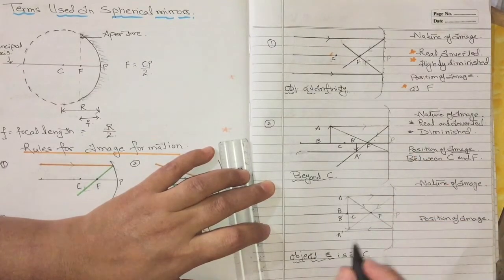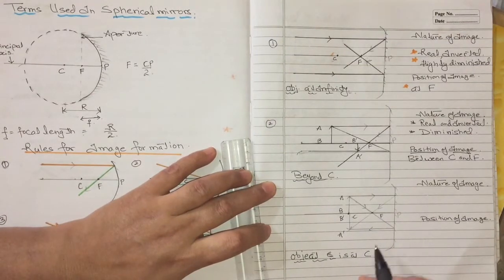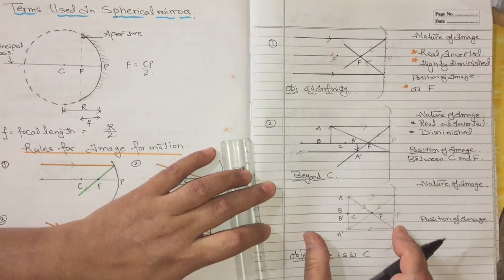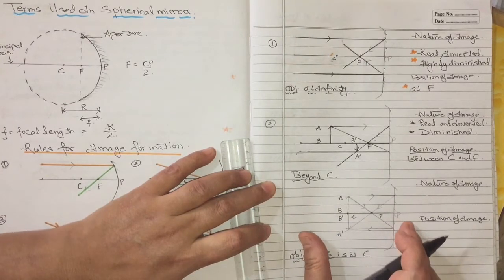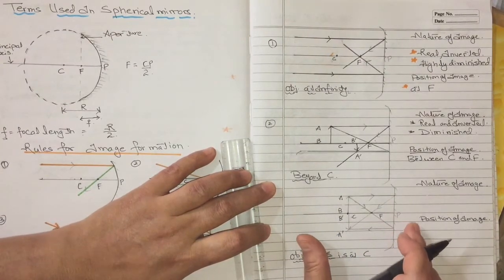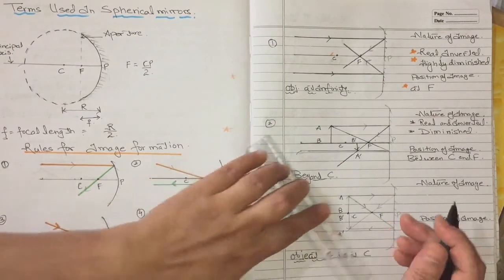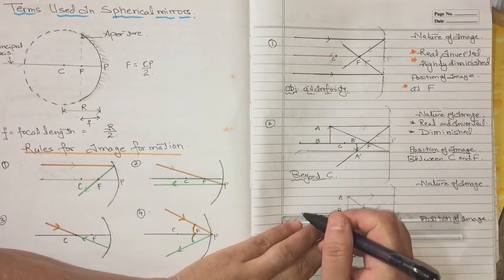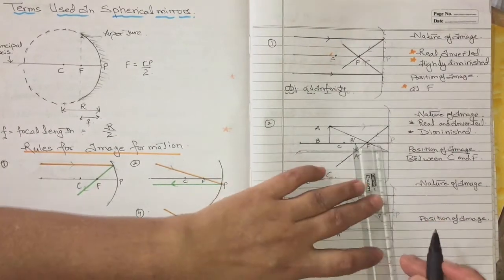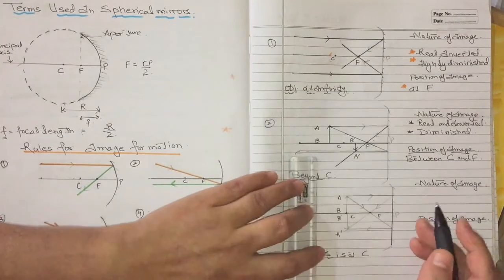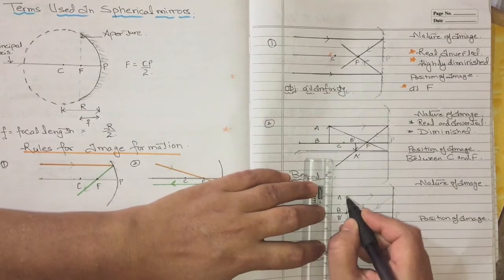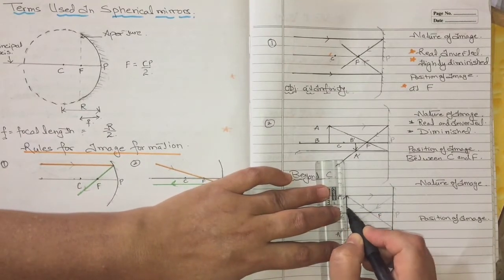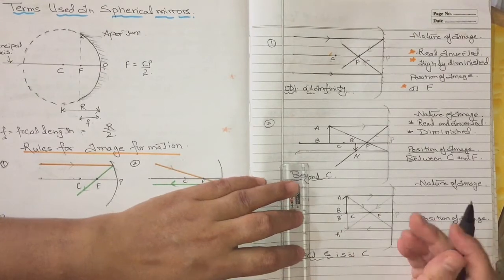Okay, now let's come to the next image. Right, here the object is at C. This is a very important point. This is a very important ray diagram from the point of view of exam. Usually the question is asked on this ray diagram. Okay, now let's draw a principal axis. Okay. Mirror. Object is at C, that means object is at center of curvature. Clear, students? Object is at center of curvature, 1.5 centimeter I have taken.